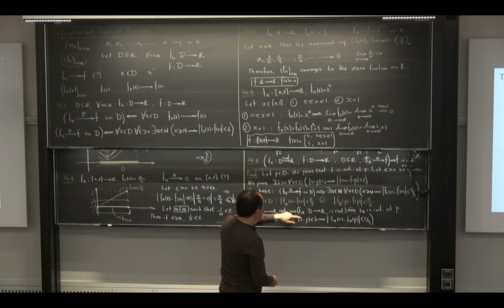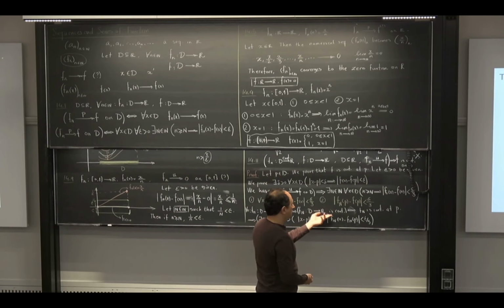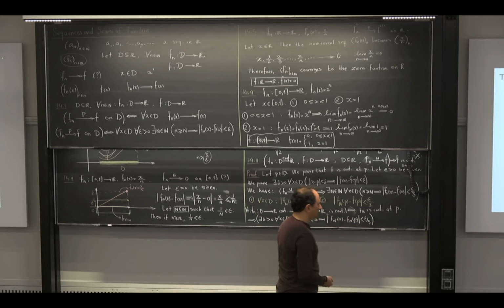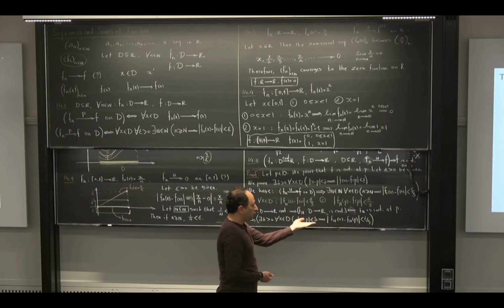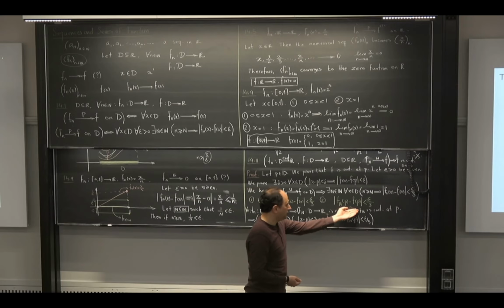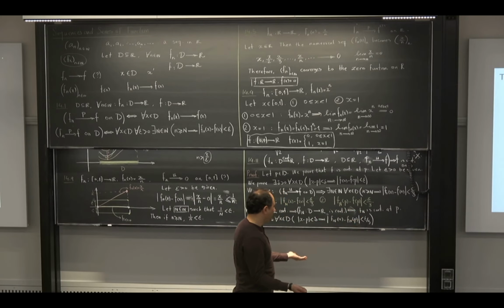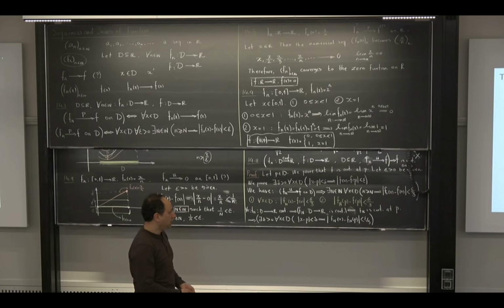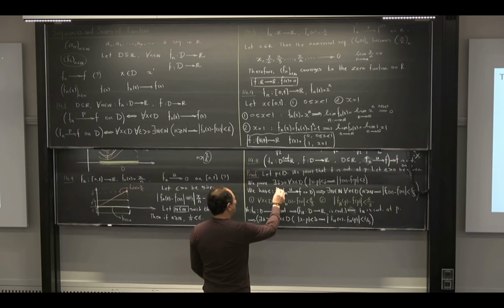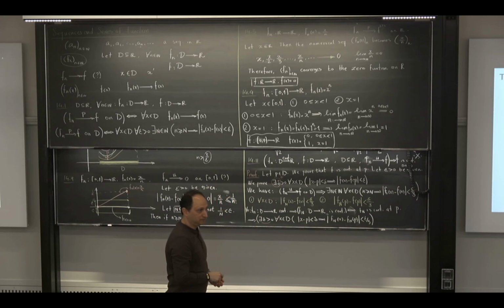F sub capital N will also be continuous because it is just one of them. And if it is continuous, it is also continuous at p. Then the existence of a delta with that property is guaranteed, because f sub N is actually continuous at p, and that's the definition of continuity in epsilon delta notation. Now, can you see what happens now? Do you remember what we were looking for? We were looking for this delta. Now, I'm claiming this is my delta. Yes? That is what we want to prove.